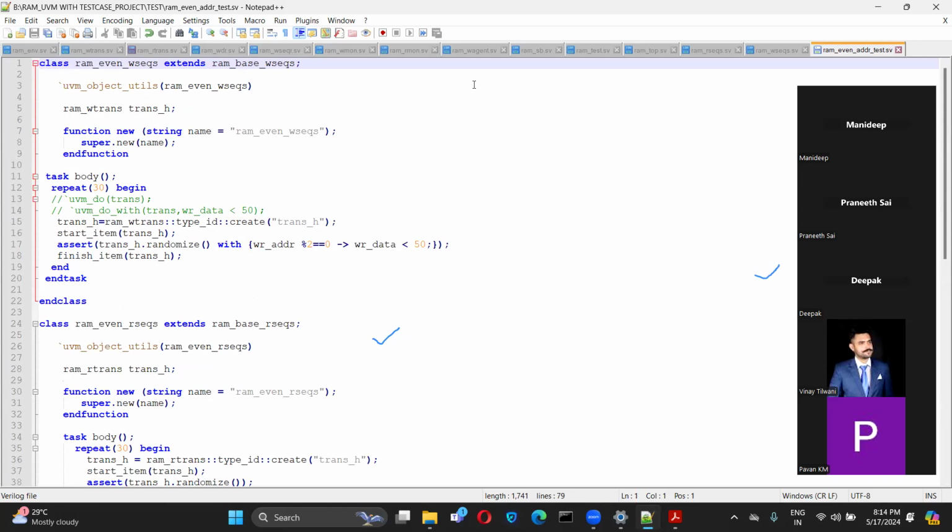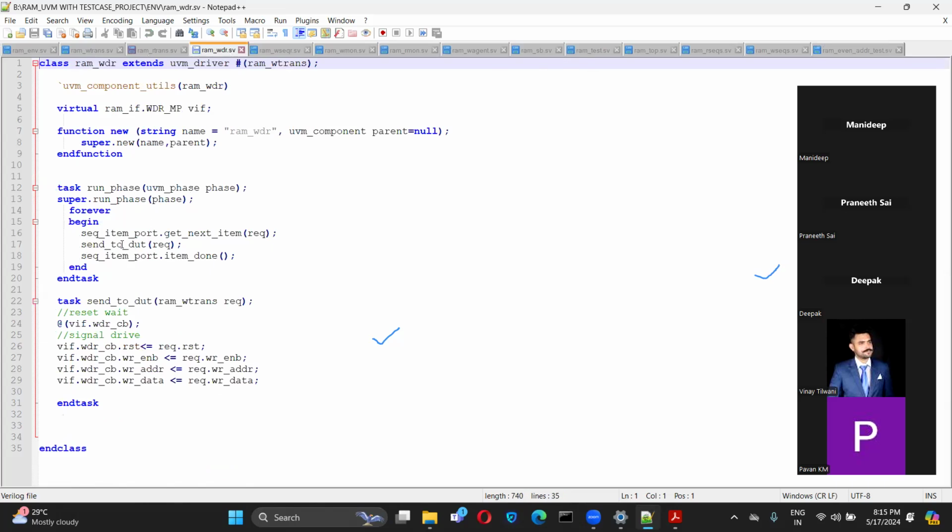And at the driver side, now we will see that first the start item will execute. After that, it will wait for the driver access. As soon as it gets the grant, it will send the sequence item through the sequencer port. Once the driver observes that a sequence item has arrived in that channel, the get next item gets unblocked and the particular statement will execute. Let me show you in the driver. So this is the get next item, sequence item port dot get next item. This is the syntax which you have to follow.